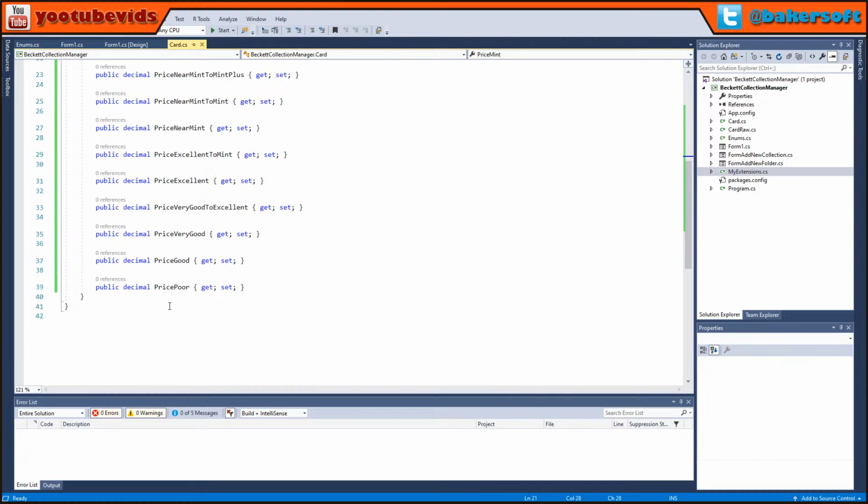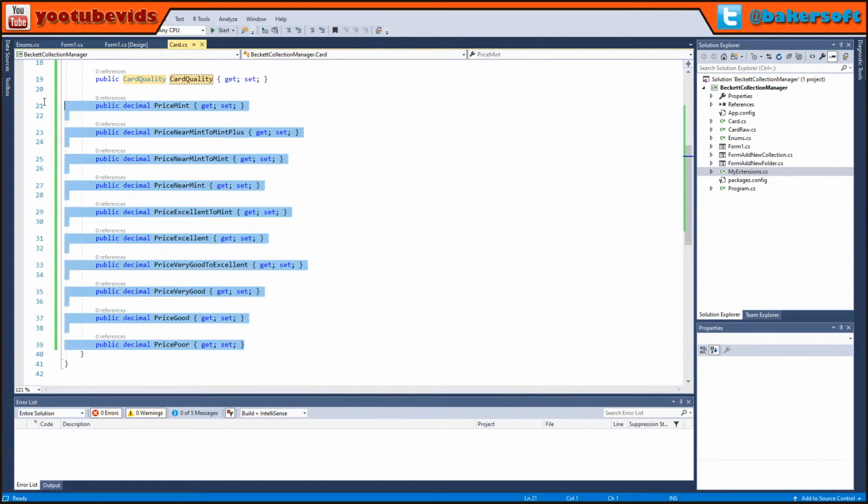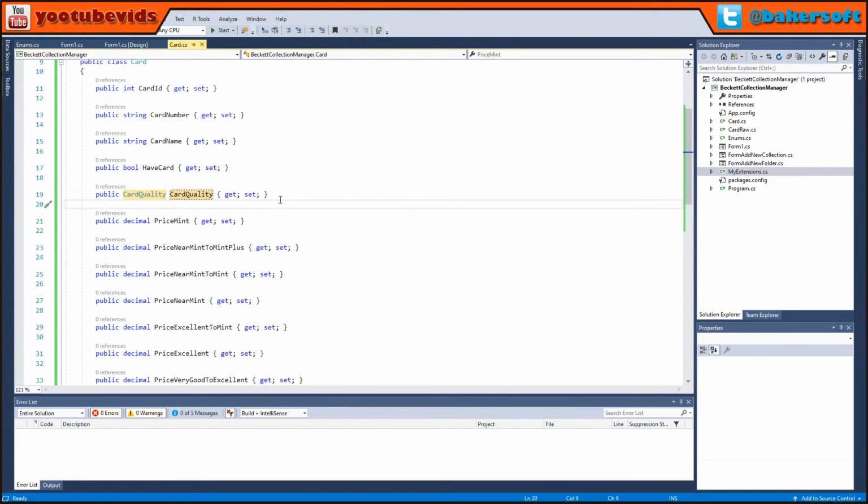So then you have the prices for each condition. Again, this would be pulled down from the Beckett website directly. This is not something that anyone would be expected to enter. So when someone's going through the list of cards that are displayed and you want to start checking them off,